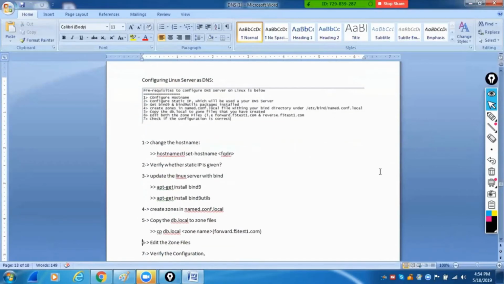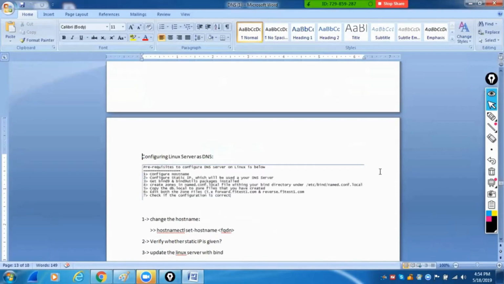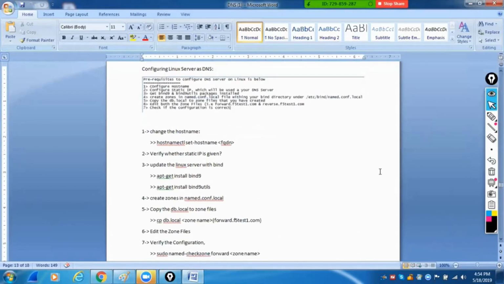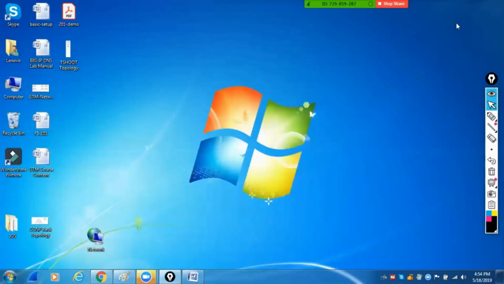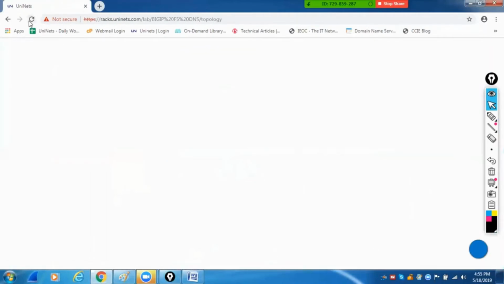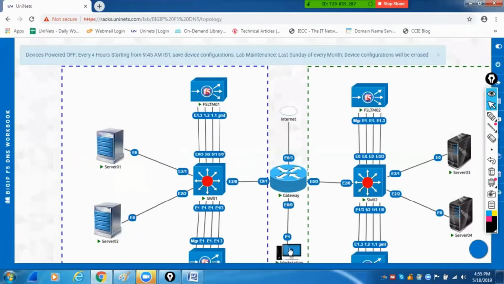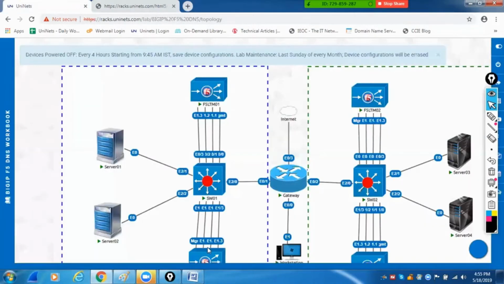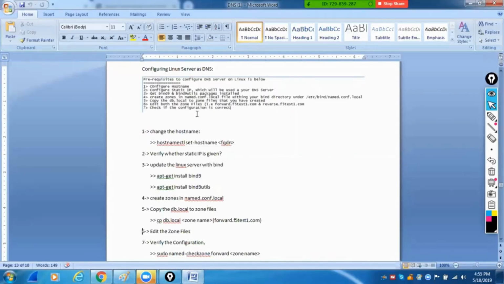When you want to configure a Linux server as a DNS, go on to the racks. So go on to this PC, management PC. Yes. So technically, if you want to configure the Linux server, there are a few steps. Suppose if you see here,